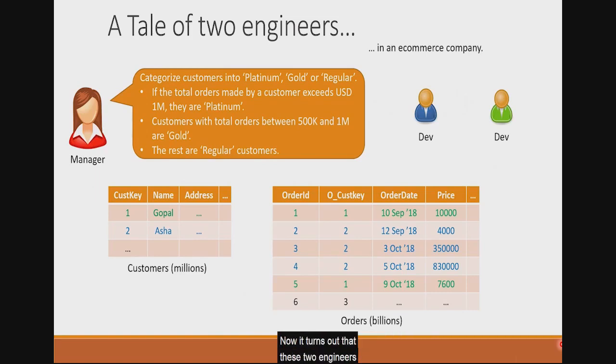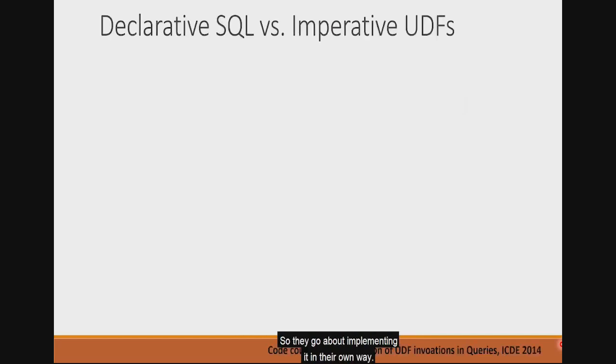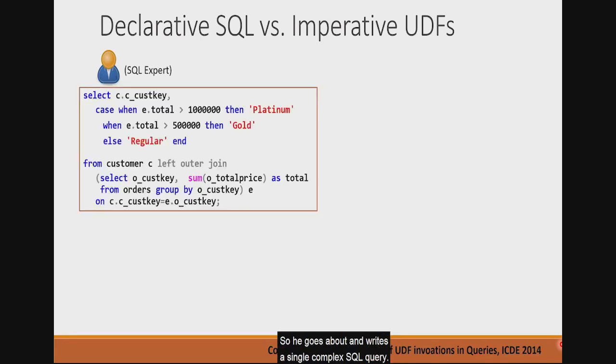Now it turns out that these two engineers have a disagreement about how to go about implementing this. So they go about implementing it in their own way. One of them happens to be an expert in SQL. So he writes a single complex SQL query. It's okay if you're not able to read this query in detail. We'll get to it later. But basically, the point is that the SQL expert was able to encode this entire requirement into one single SQL query,